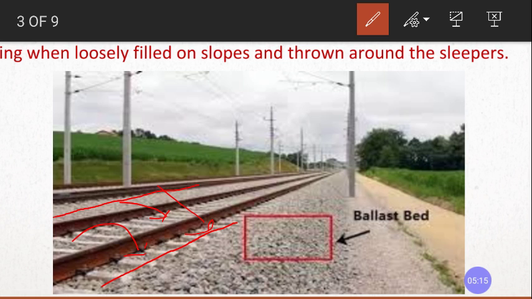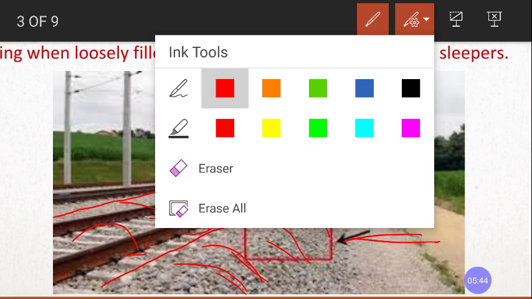Proper packing is done, and that is called packing. And whatever is placed at this slope like this is loosely placed, without any compaction. That is called boxing. All together it is called the ballast bed. When both boxing and packing are together, it is a ballast bed.